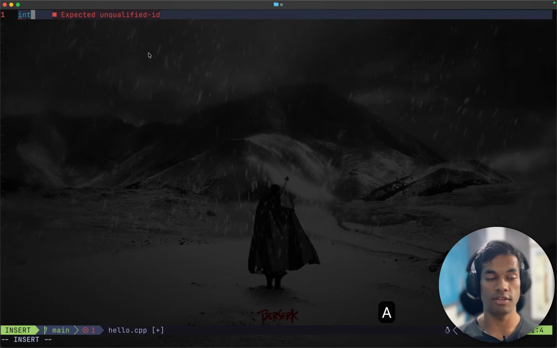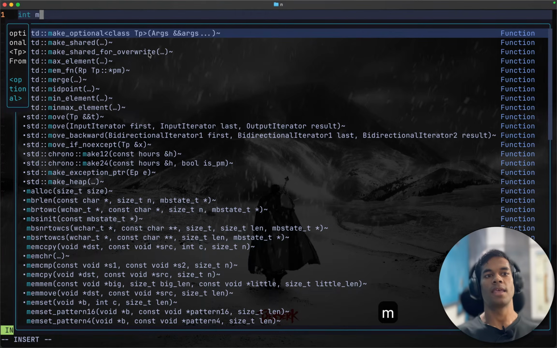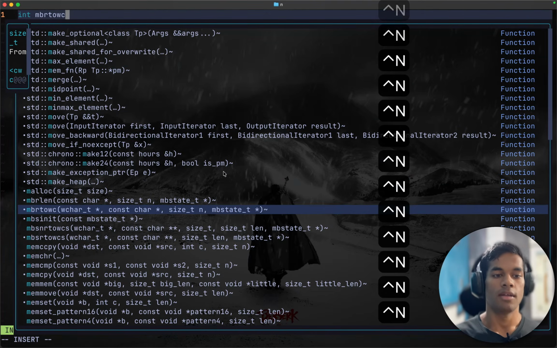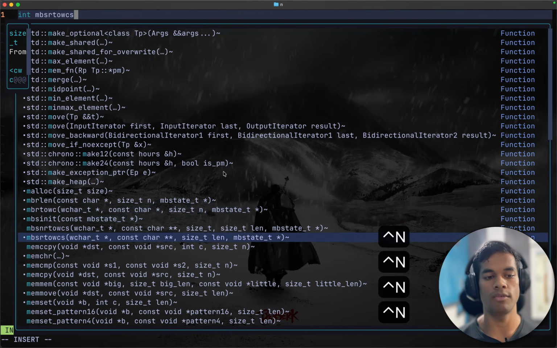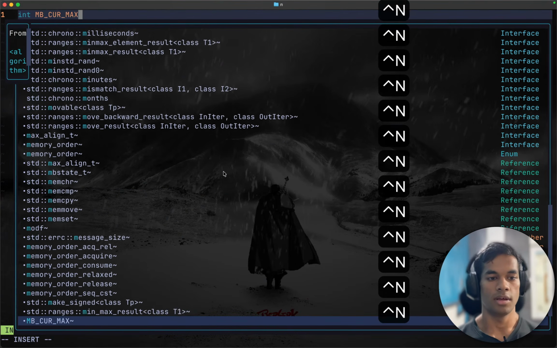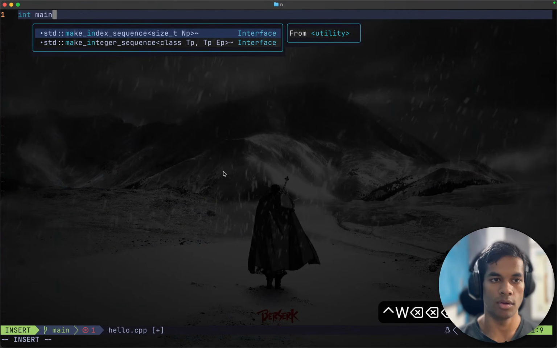And everything is happening in real time. When I press space M, now Neovim sent these 5 characters to the clangd LSP, and the clangd LSP saw this and said, maybe this person is trying to write one of these things. So the clangd LSP tells Neovim to suggest all of these things to me. Maybe these are the things I might be trying to write. And then when I do the whole thing, main,